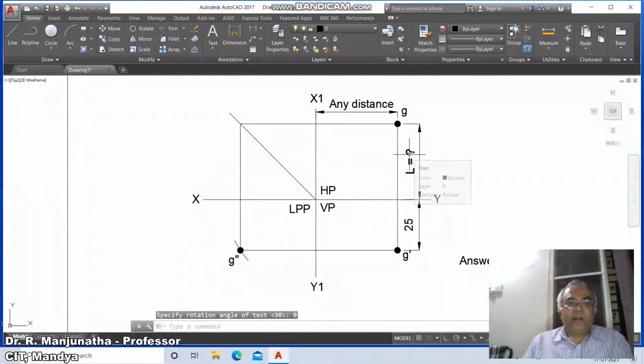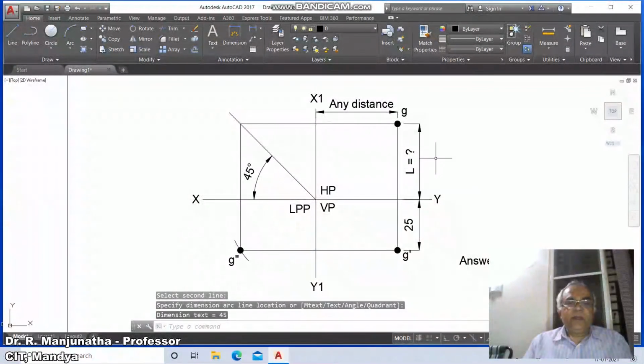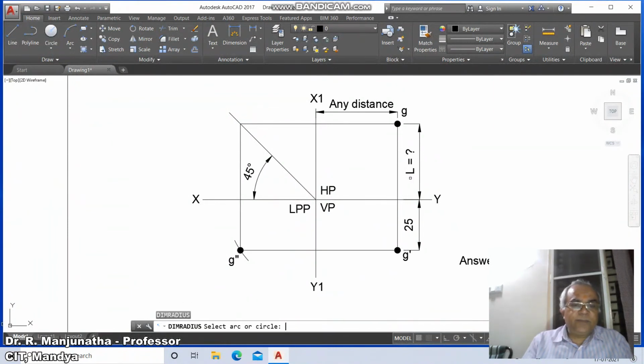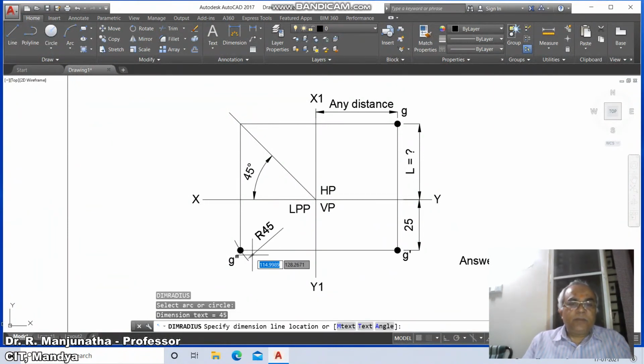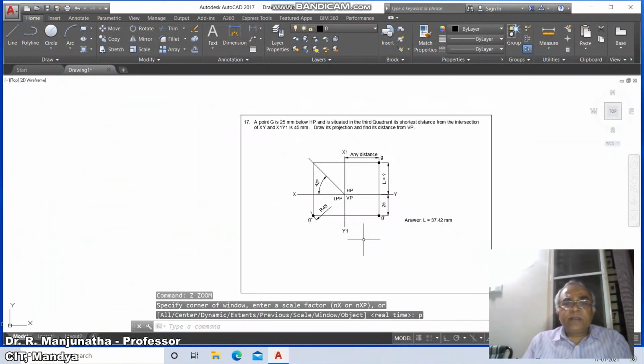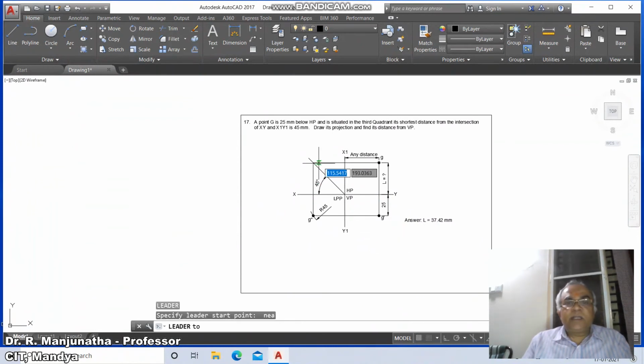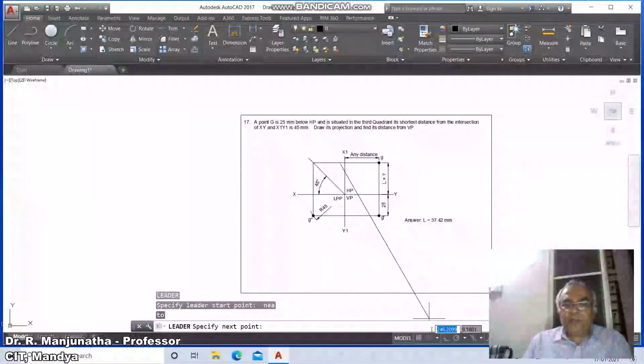Now we will go for dim angle, select between these two, and this angle will be 45 degrees. So go to dim radius, select this and mark this as radius 45, then zoom previous and go to leader, go to nearest, select this line and put the ortho mode on.